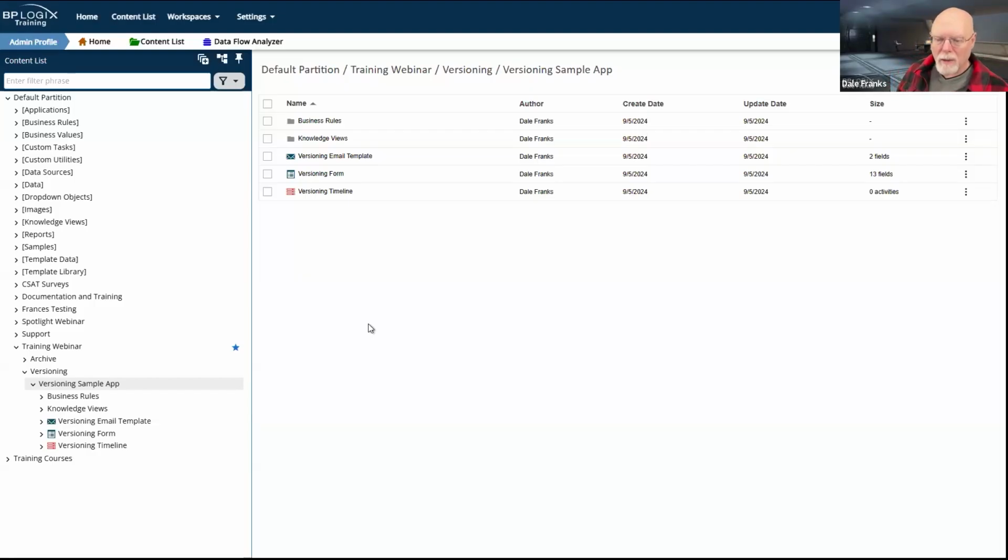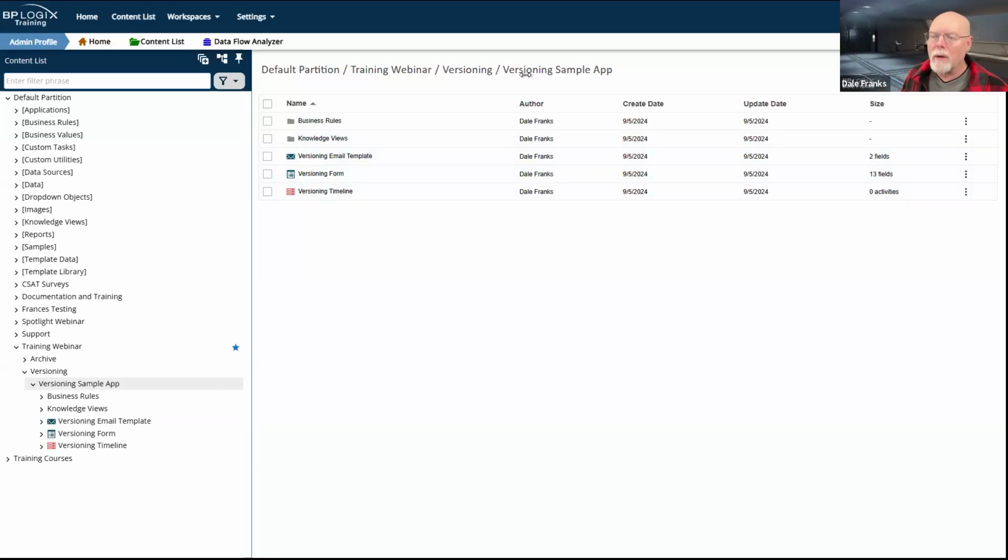The other thing that is important is relevant to our topic today, which is how we implement versioning. Now, as I said, every object in the system has that versions tab on the object definition. So I can go and create a version of that object. And you do need versions of all of your objects, but you don't want to do it at the individual object level.